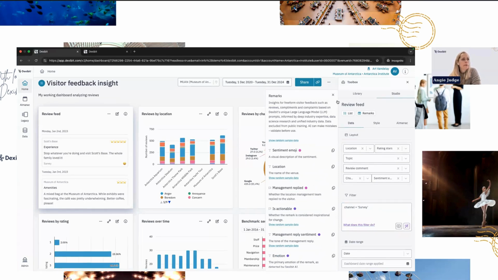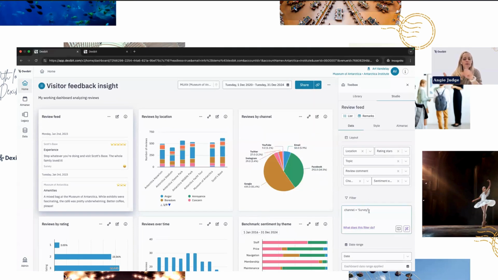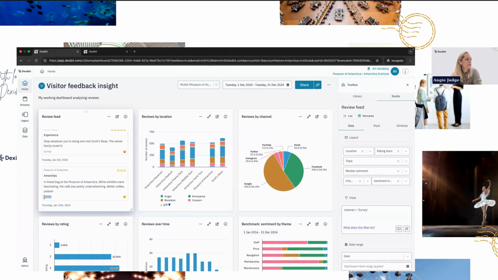And where I'm working with data in a text box, I always want to use a speech mark, an apostrophe, around it, to indicate that that's the text that I'm looking for in that text box. And I'm using equals to say, show me where this field is exactly containing survey. And here you can see now I'm filtering down my data to only show me channel of survey. So all of these reviews here versus if I took that back out,